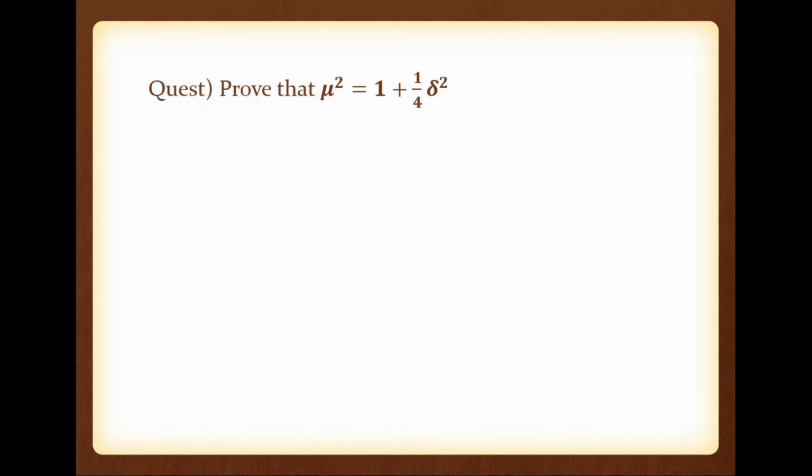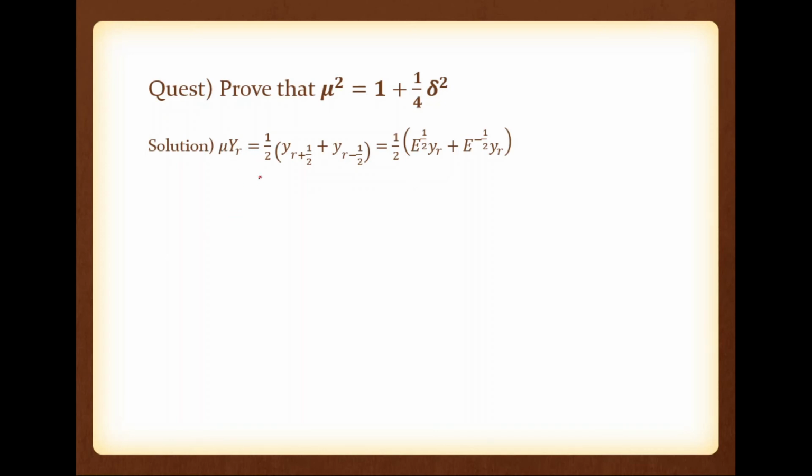Now you are asked to prove mu square is equal to 1 plus 1 by 4 delta square. We already proved that, right? So once again I am showing that mu square is equal to 1 plus 1 by 4 delta square. What do you have to do? Multiply it with any y. You can take y0, you can take y, but anything you can take. So here yr is taken. Mu square is asked, so first mu yr is taken.